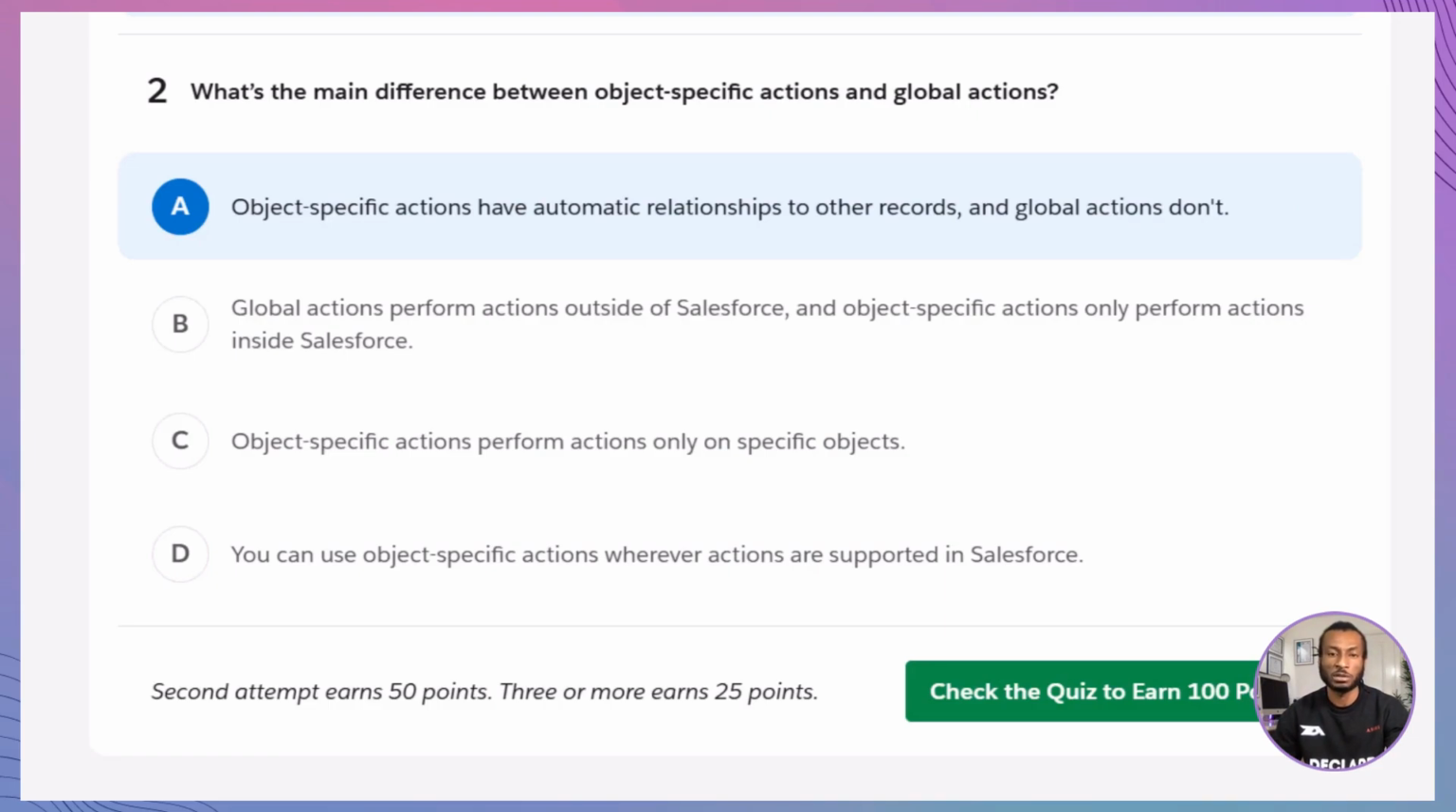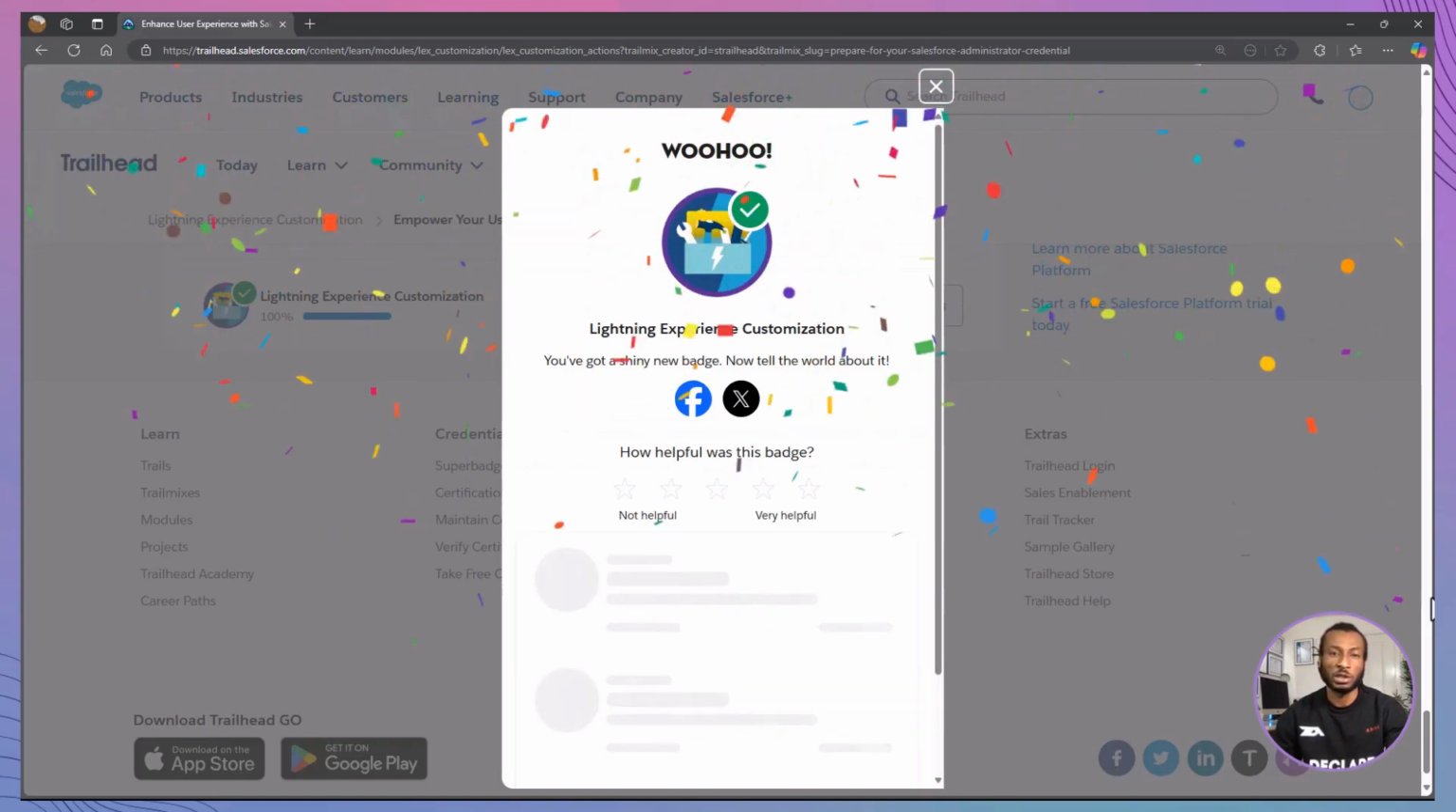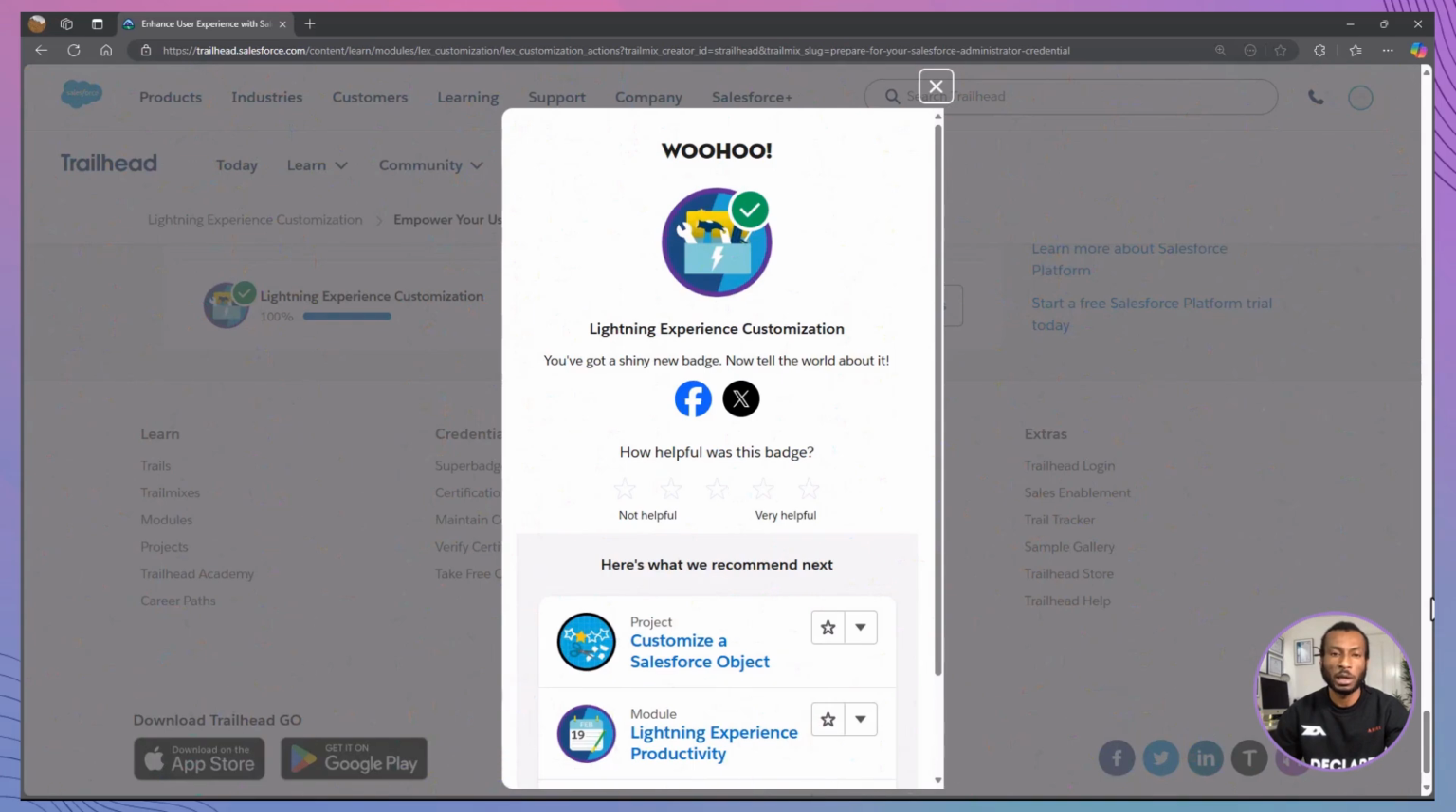Object-specific actions are tied to specific objects and their related records, whereas global actions are not bound to any particular object. Let's quickly recap the key takeaways. While you verify your quiz and earn your points, we looked at the benefits of actions. This enhances your users' productivity by providing quick access to essential tasks and information. Then, we touched on object-specific versus global actions by understanding the differences to effectively implement actions that meet your users' needs. And finally, we created and added actions and explored how you can seamlessly integrate them into page layouts to